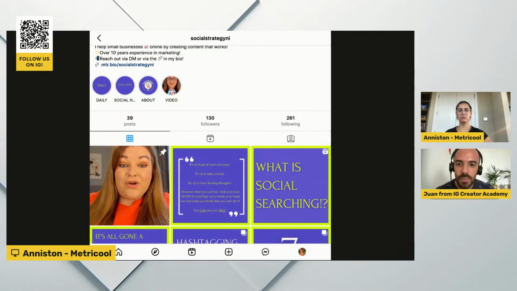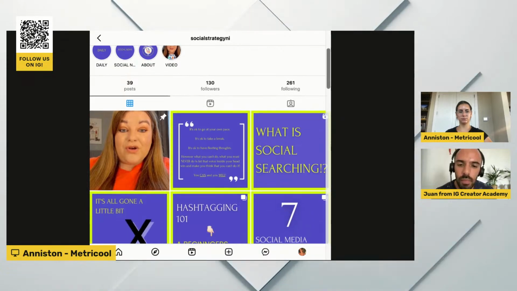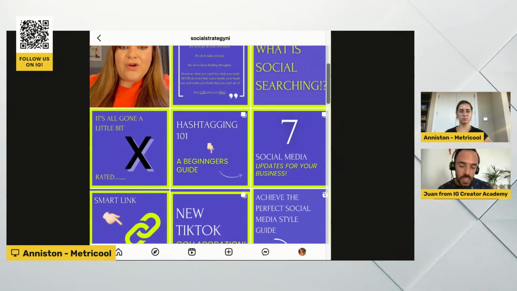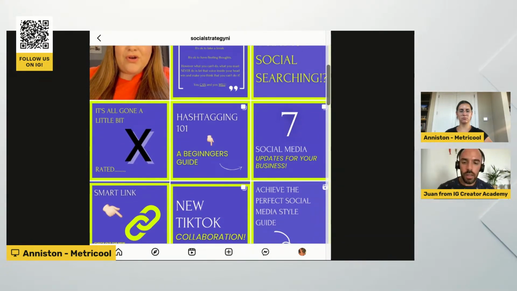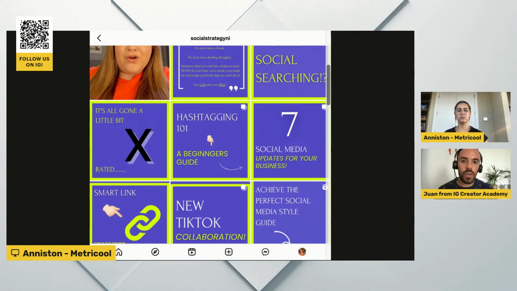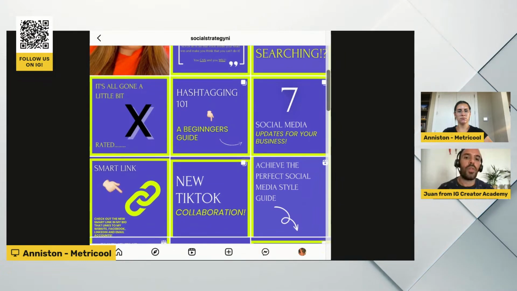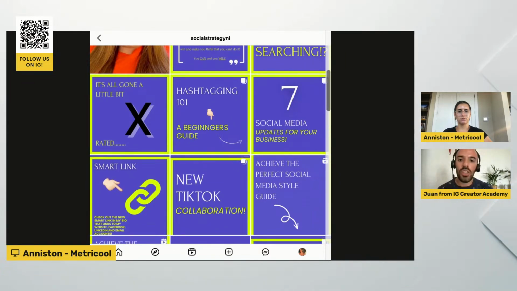Let's see the feed. Okay, so this one has a very consistent look. She's using the same colors, which are her brand colors, which is fine. The content is easy to read, like the 7 social media updates for your business. If I'm looking for those types of updates, I'm gonna check that post.